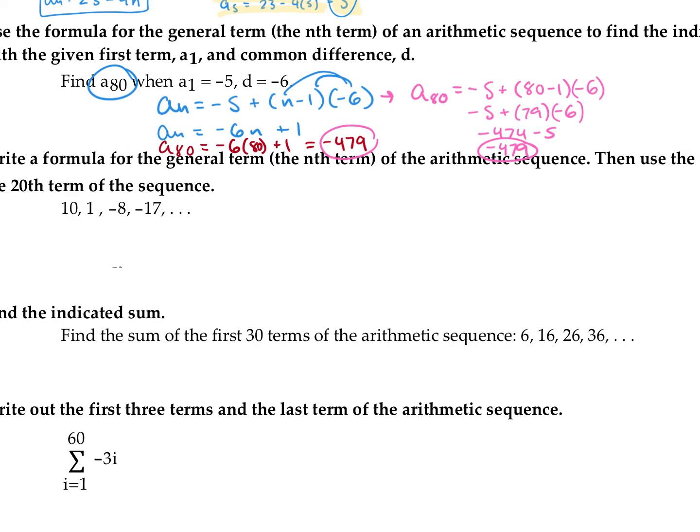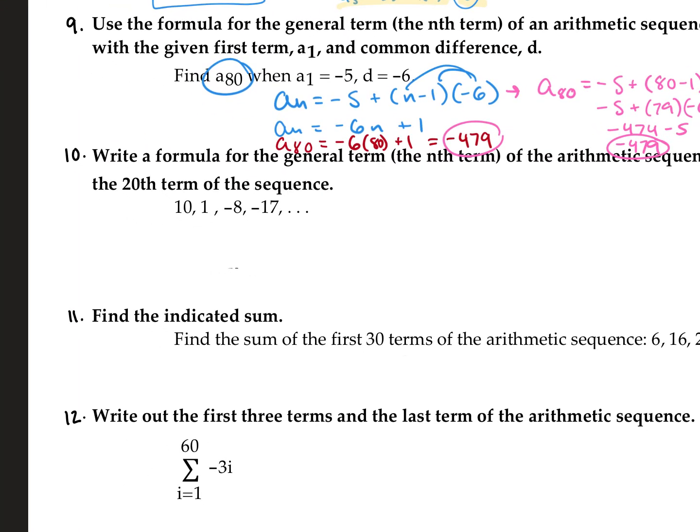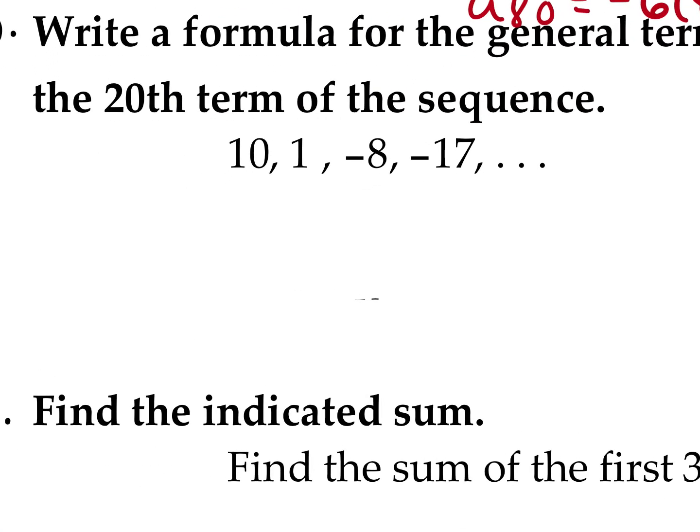All right, so number 10. We have to write the formula for the general term of the arithmetic sequence, then use the formula to find the 20th term. So pretty much doing the same thing here. It's arithmetic, so what are we adding to get from one number to the next? Negative 9. This one we can use the a sub 0 one. So if our first term is 10, how do we find our 0 term? We add 9. So what would our 0 term be? 19. So a sub n is equal to